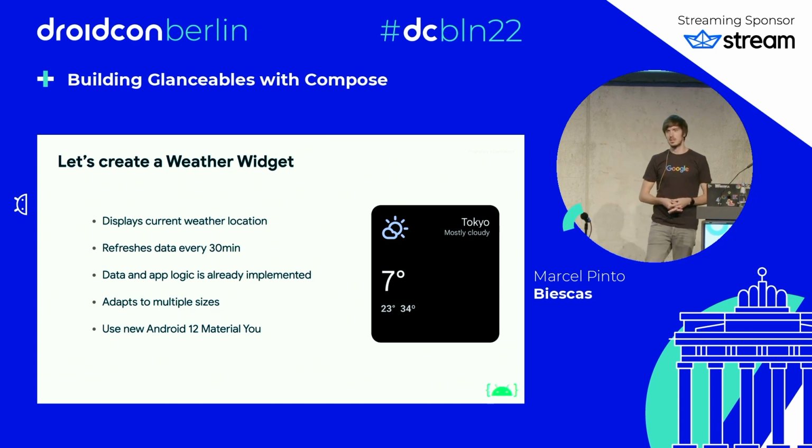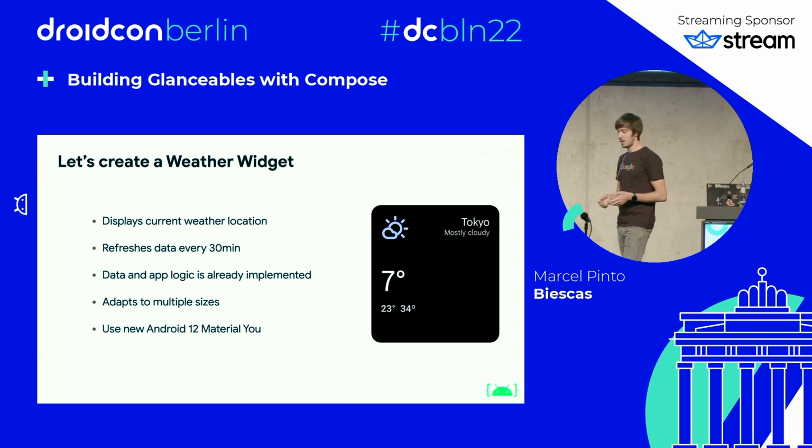Let's assume for simplicity that all the data layer is already implemented. But we also want to adapt it to multiple sizes. Widgets might have different sizes depending on the available size that the host provides to them. For example, a user on the home screen might decide to make it larger or to make it smaller. So we want the widget to adapt its content to that and display more or less information depending on the